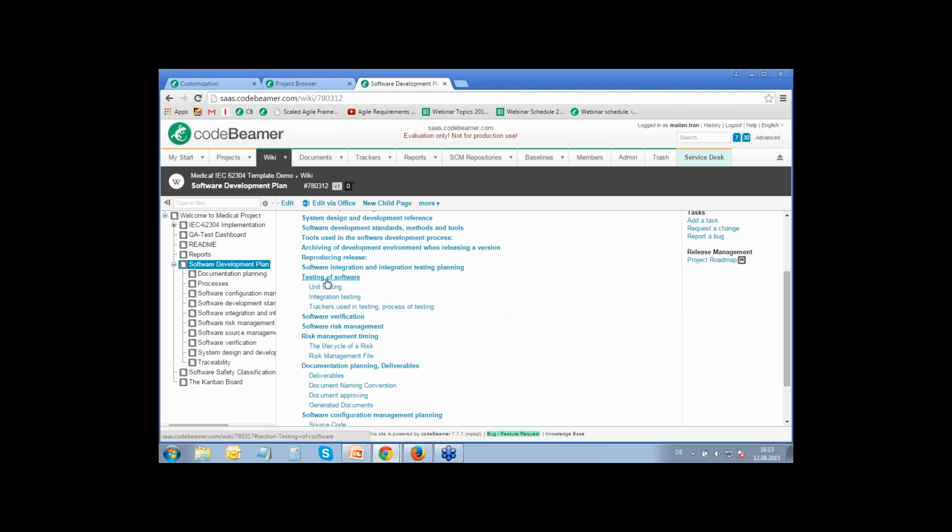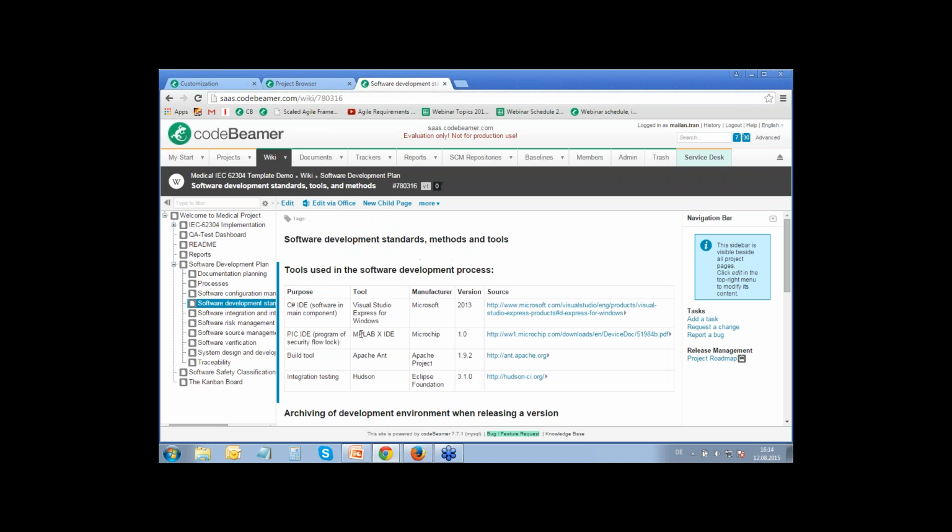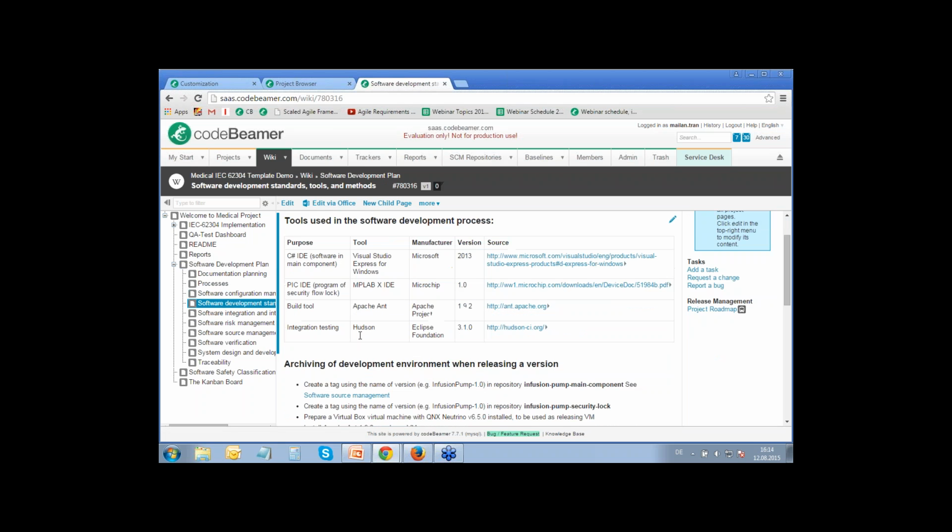Also, you can see that you can continuously integrate your testing. So you can simply derive your test cases directly from your requirements and also from your software source code, of course. Let me just show you how this looks. For example, this is a description of how to provide software configuration and plan your software configuration management according to the standard. You can also see, as I mentioned before, we have different standards, methods, and tools within codeBeamer